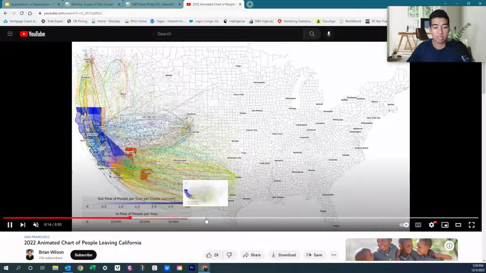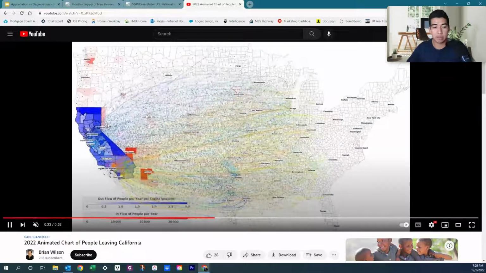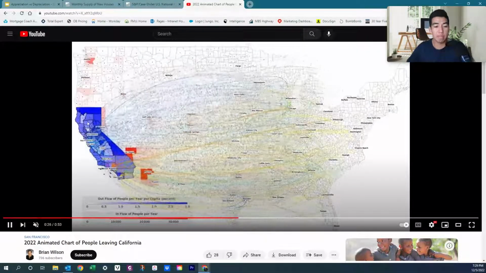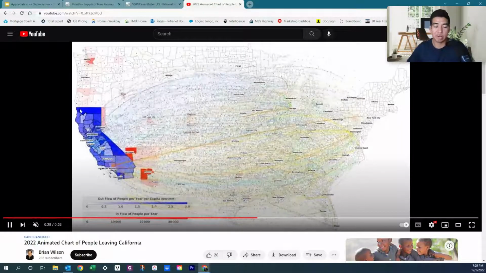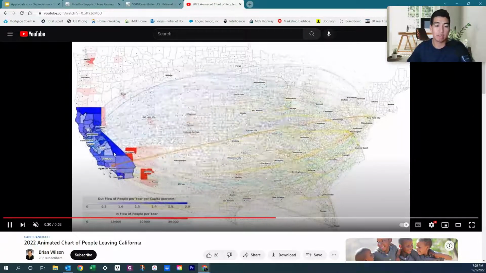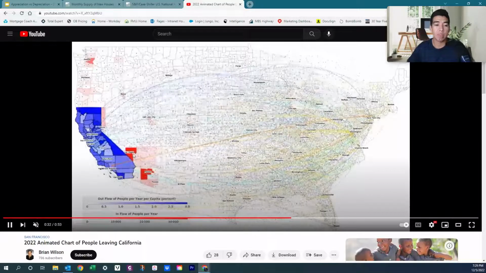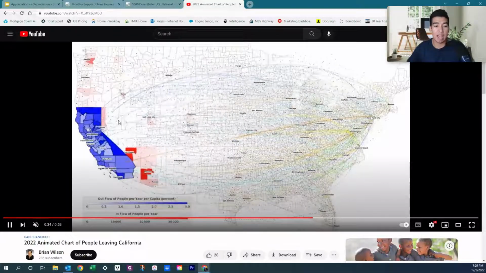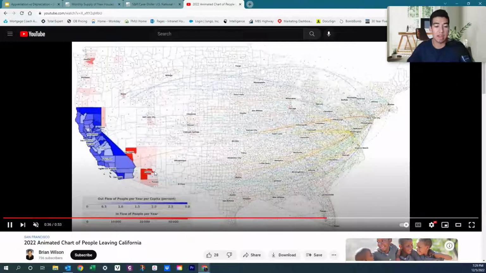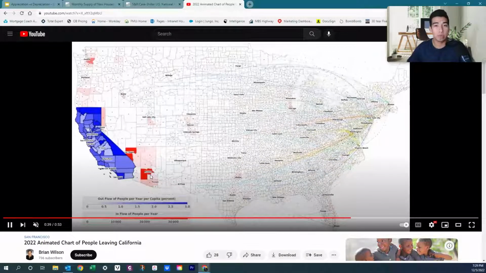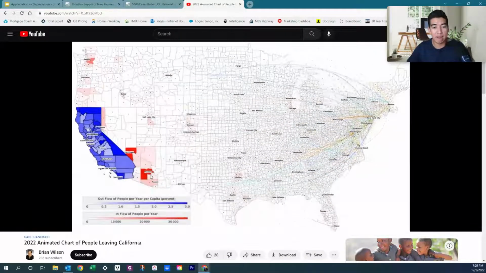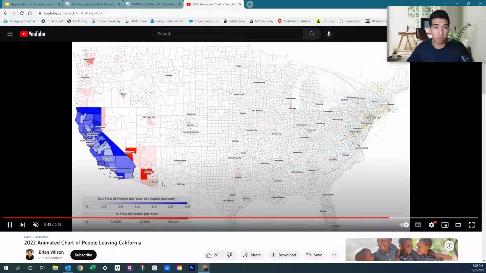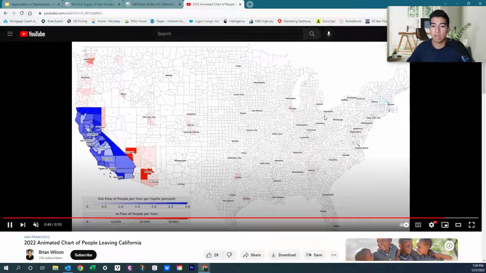So I'm going to fast forward this. You're going to see the darker blue in California means that more people left. So you could expect those areas to have lower demand. And then the darker red, as you're seeing over here in Seattle, Las Vegas, over the Nevada, Arizona area, that's where people went to. So you could expect the demand in that area to increase and prices to increase. And as well, you'll see some areas in Texas, Colorado, Utah, Idaho, and people moving to Chicago and other areas around.